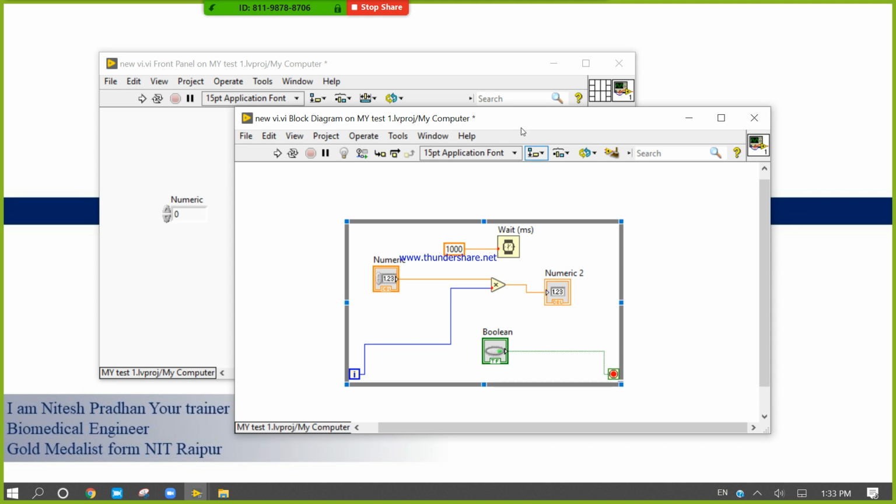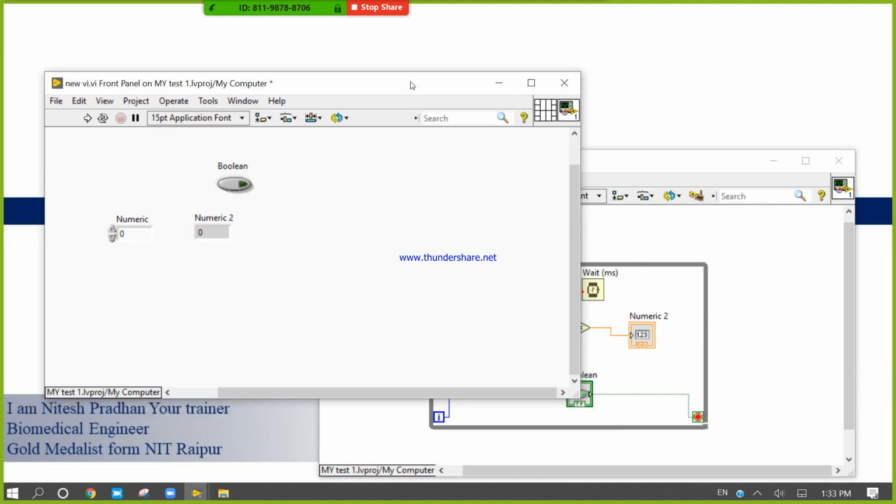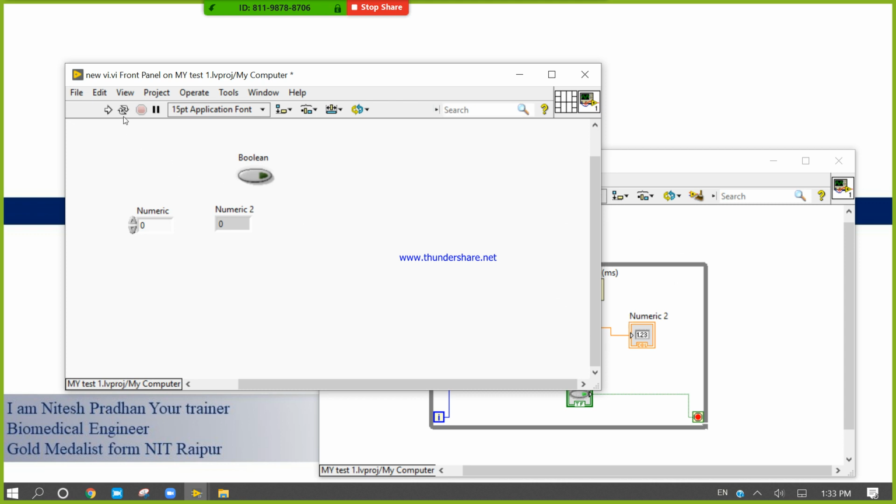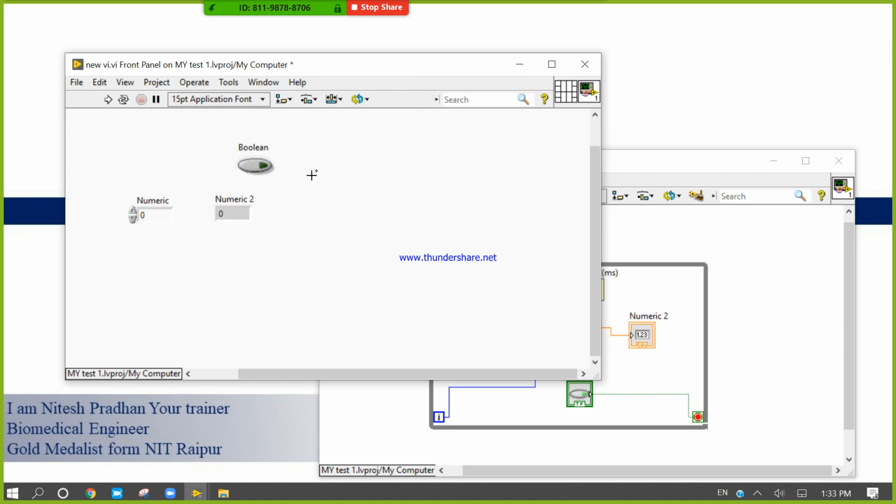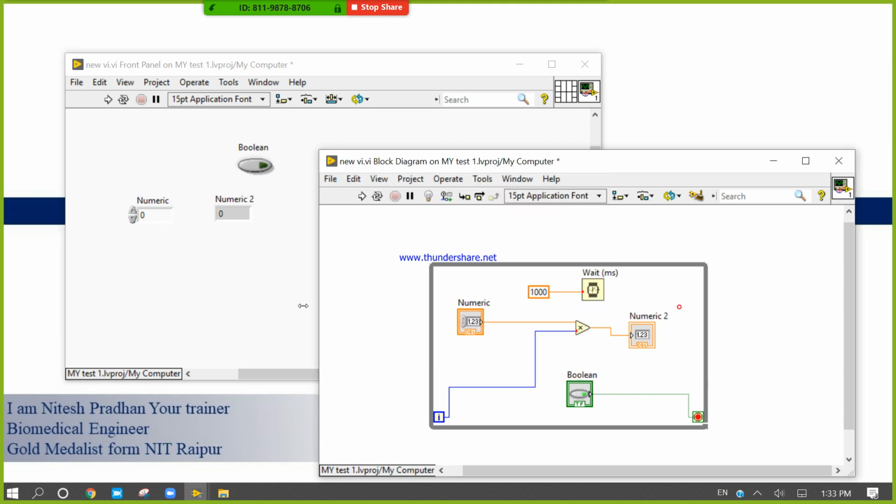So look here, in this front panel, to control this one, I am using this boolean button. Okay, because this is a while loop, and we know very well it is a universal truth for the while loop: a while loop can execute an undefined time. There is no word like infinite, undefined time. Okay, until the condition is met. So it is a while loop.